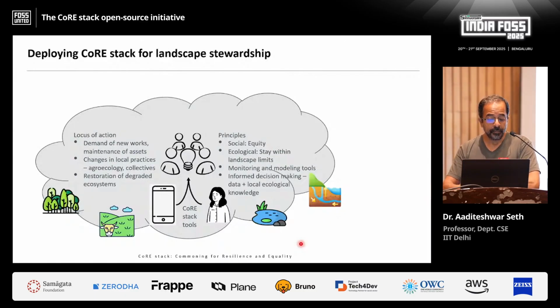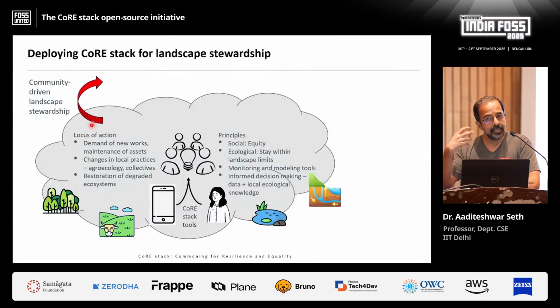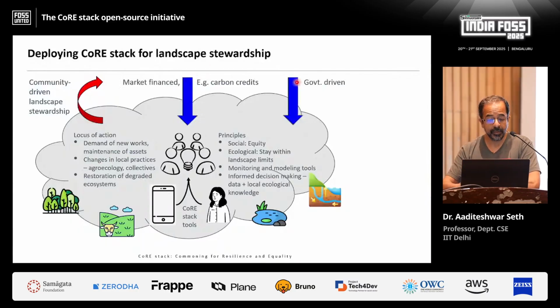Very quickly, the title that I tried to put was: we saw how we go from community needs to pixels, from people to pixels, building stuff, and we're taking it back to the community. The whole idea is that we want it to be very community based. They should be the ones able to do this planning. The tools are meant for them, and they understand their landscape. They're stewards of their landscapes.